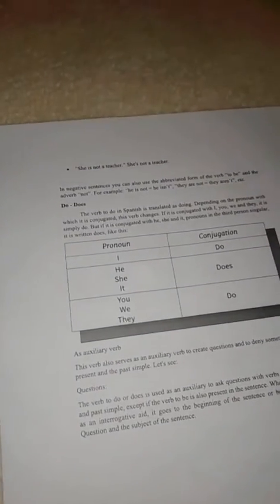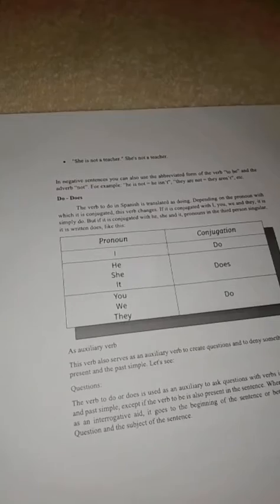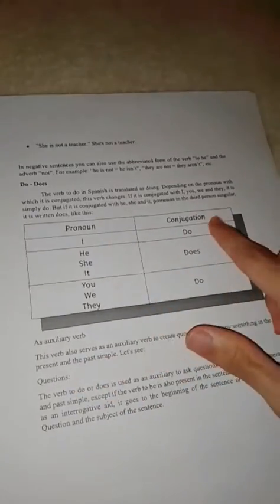Do and does. The verb to do in Spanish is translated as hacer. Depending on the pronoun with which it's conjugated, this verb changes. For example, pronoun and conjugation: I with do, he, she, it with does, you, we, and they with do. For example,